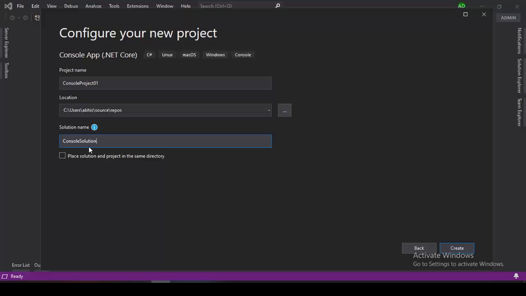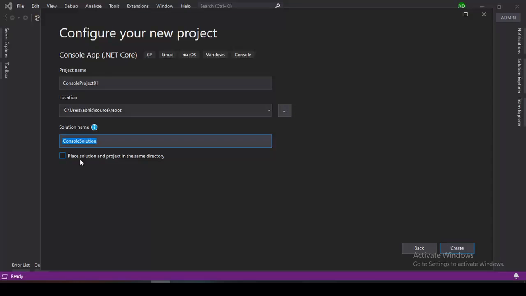You need to know one thing: inside a single solution there can be any number of projects, or you can say multiple projects inside a solution. As of now, we have only one project, Console Project 01, inside the solution named Console Solution. And here we have one checkbox.